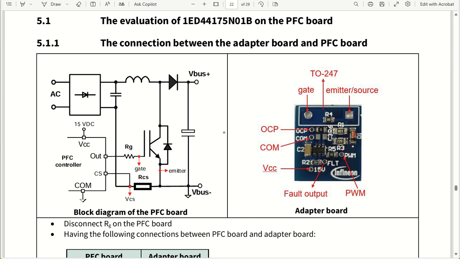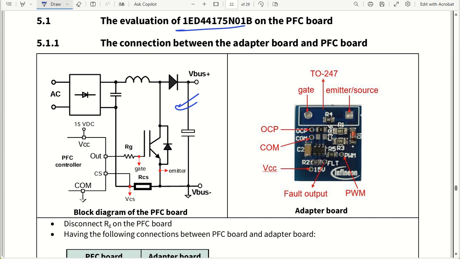So let us say this is the evaluation board that I am talking about, which we have just now downloaded, the eval board of 1ED44175N01B. As you can see, we have this block diagram of the PFC board and the adapter board that I was just talking to you about. Okay, so this is all about this particular gate driver that we have seen just now,